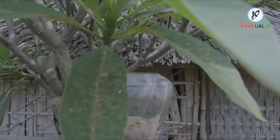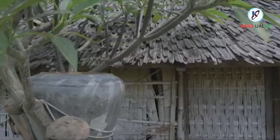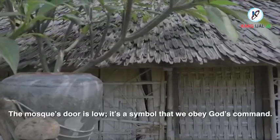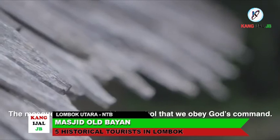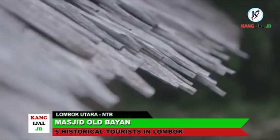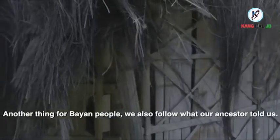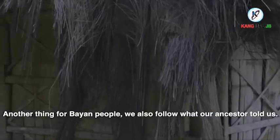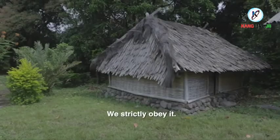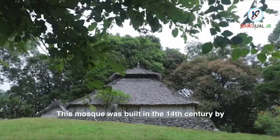the Island of a Thousand Mosques. In addition to the mosque, in this spot there are also some tombs of the saints who spread Islam. Being close to the rice fields of the inhabitants, another view of the old mosque complex is set in the green of rice fields. Interesting, right? Now this mosque is no longer used in everyday life. However, this mosque will again be crowded on the big days of Islam. One that will soon be celebrated in this mosque is the birth of the Prophet Muhammad, or Maulid Nabi Muhammad,